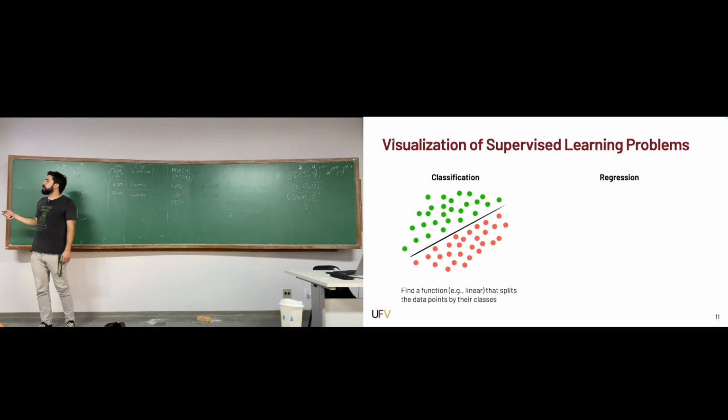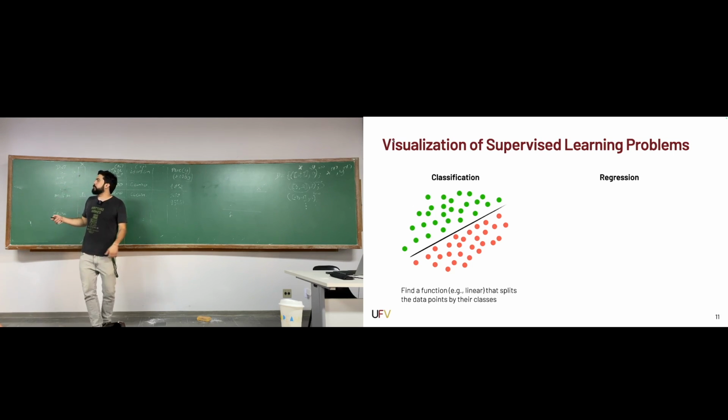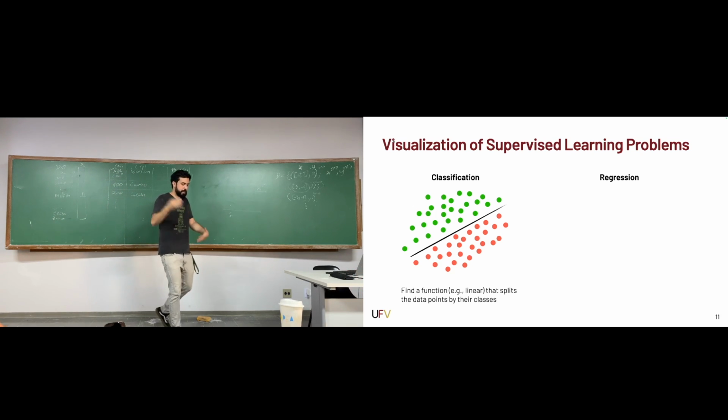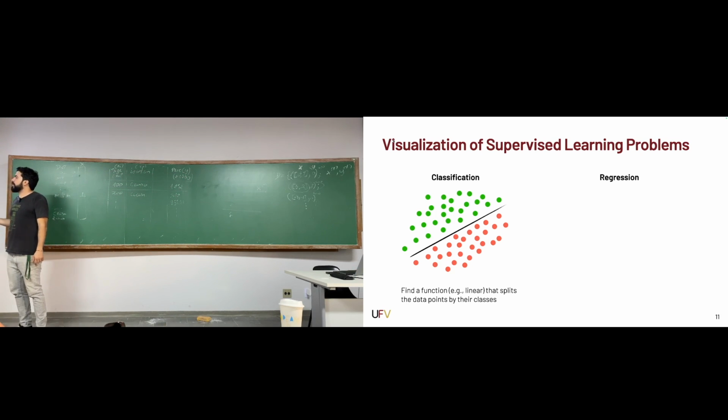One way to do that would be to think of a line, and then can we draw a line, or a plane if it's 3D, or a hyperplane if it has more dimensions, that splits the data